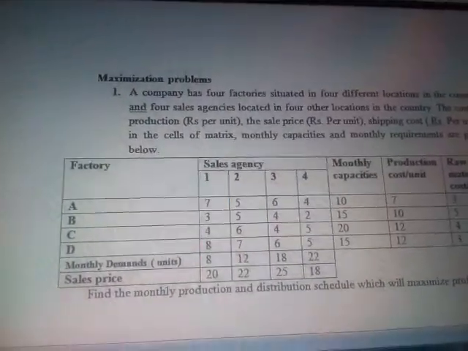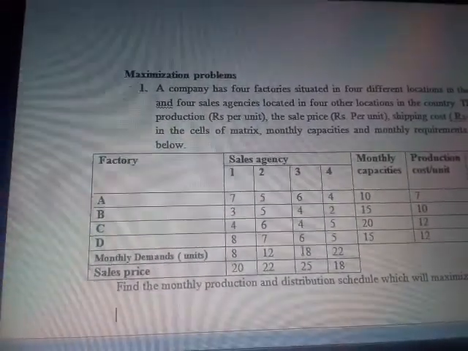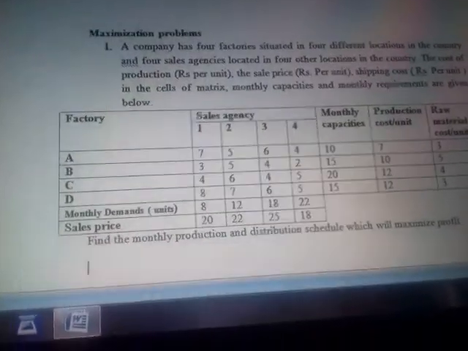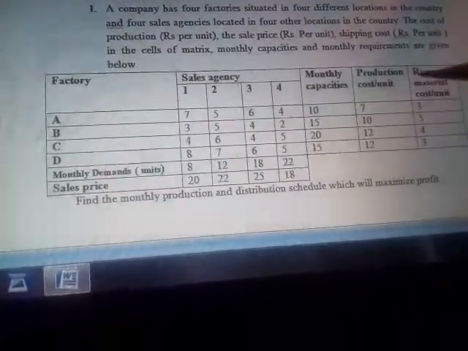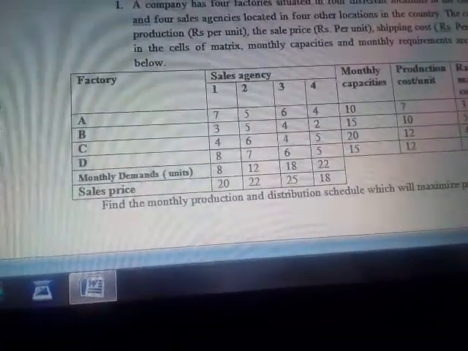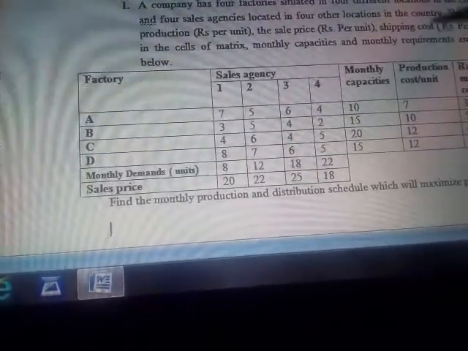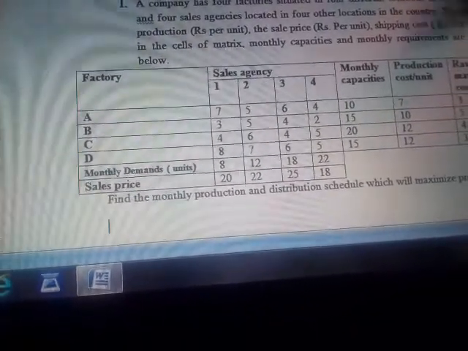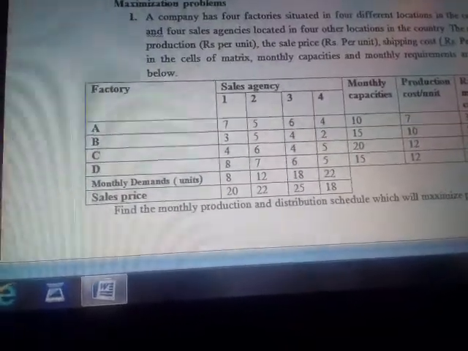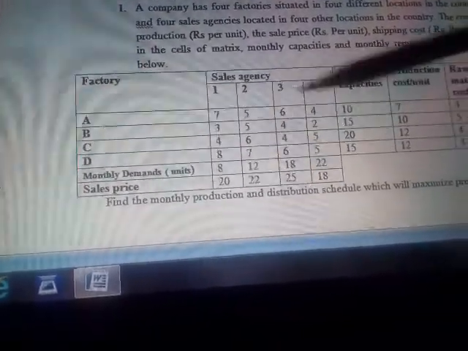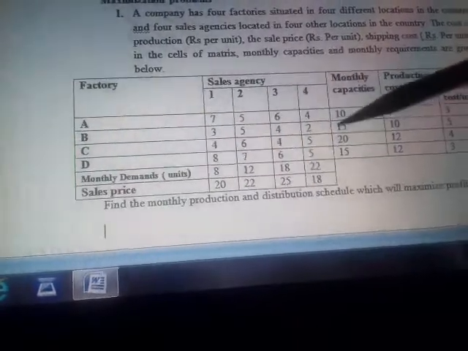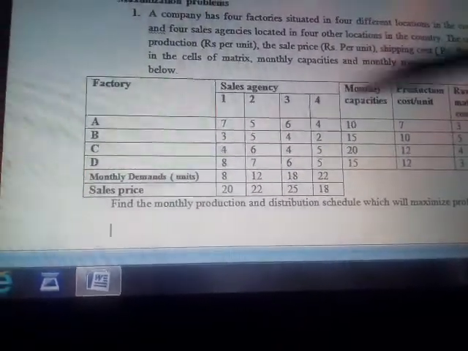Hi, today we are going to see the maximization problem in transportation cost. This is similar to the previous method, the degeneracy problem, and we have seen the VAM method, the same procedure only. Here we are going to do it. The only difference is the given matrix is maximization. Okay, profit matrix you have to do it.